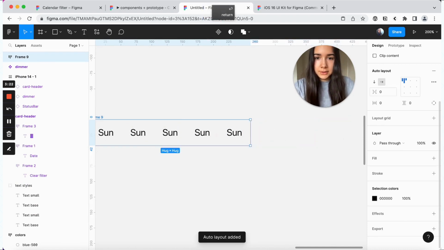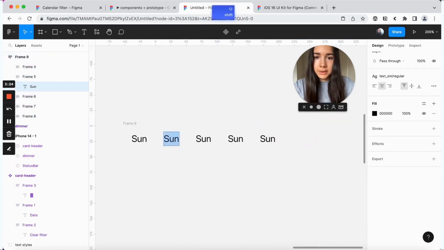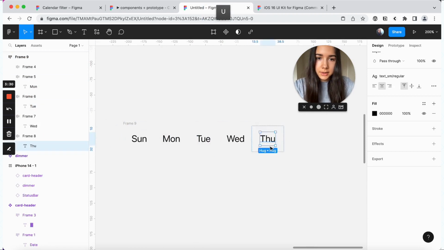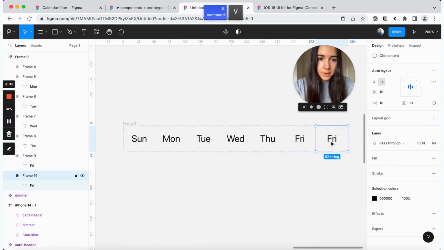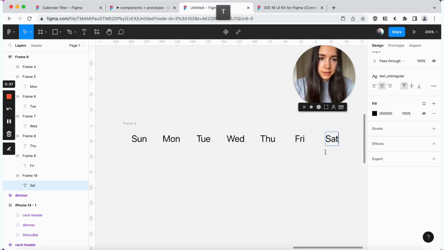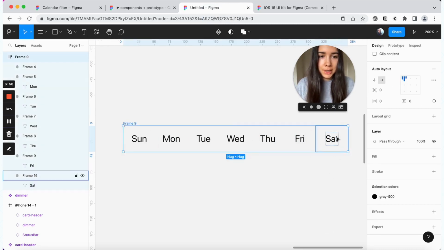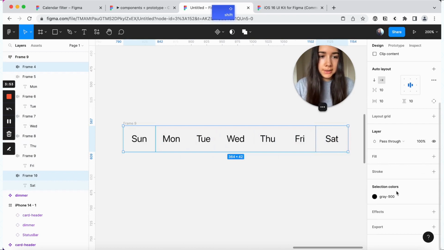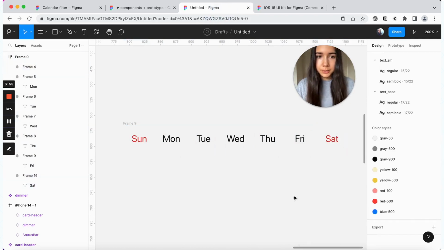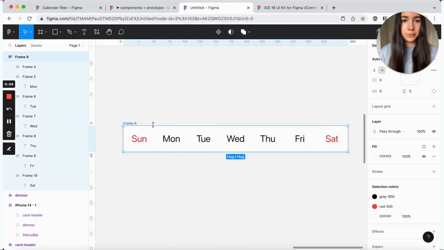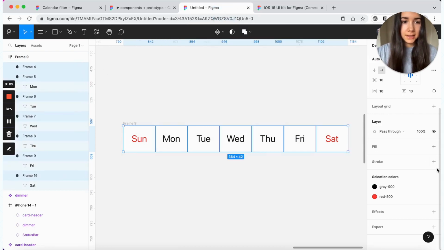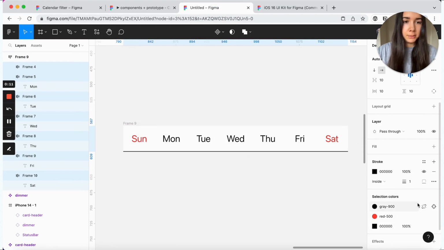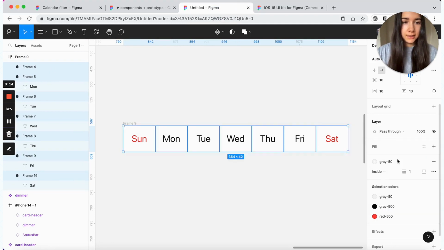So let's set this to 0 and do the rest of our days. And we also need Friday and Saturday. And then we'll change the color to black. But for our weekends, we will modify it to red. We'll also set the fill to white on the overall frame, and then we'll select just the dates, and for each we'll add a bottom border of, again, the light gray.